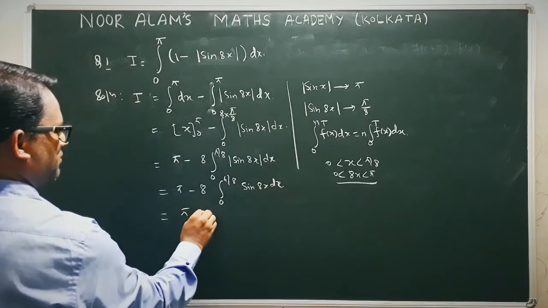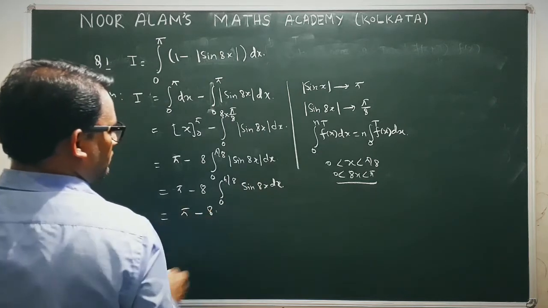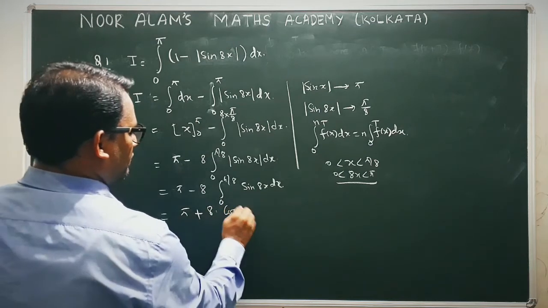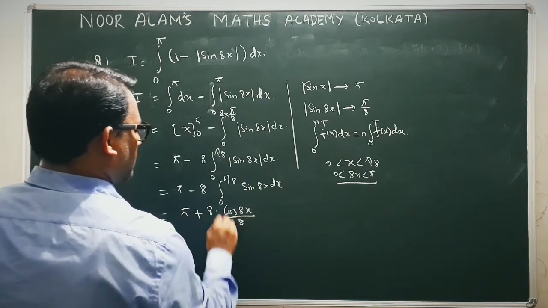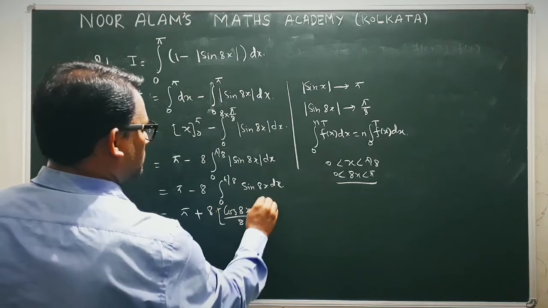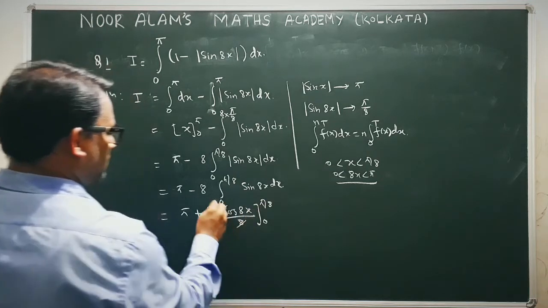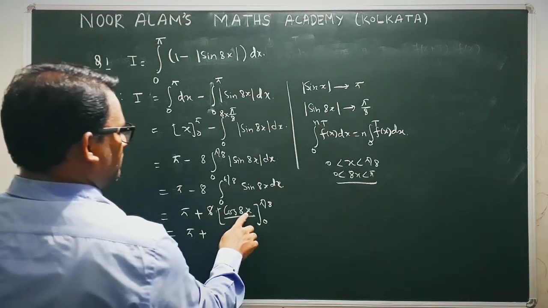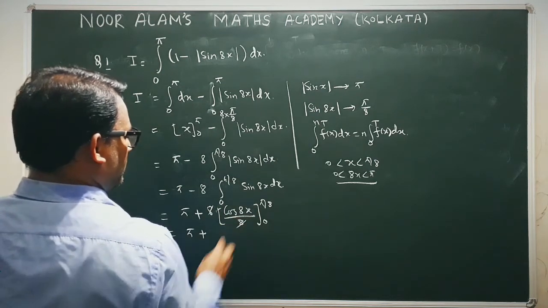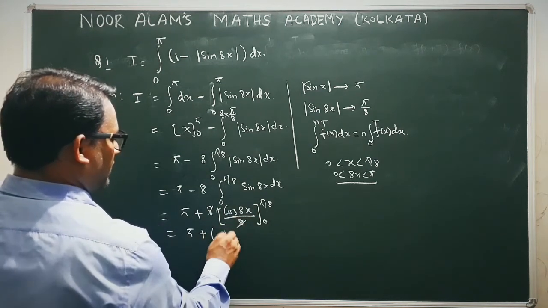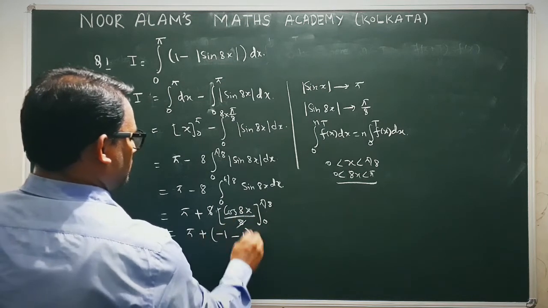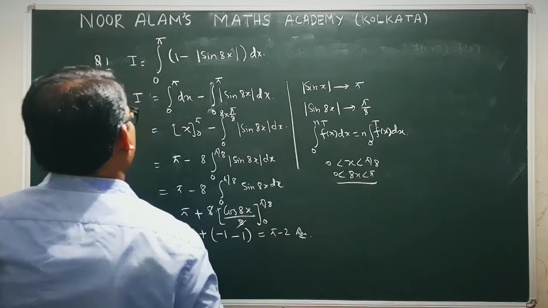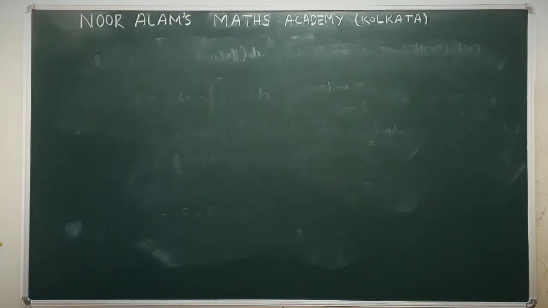Now we integrate sine, so we get minus cos, so this minus minus becomes plus, cos of 8x divided by 8, and the range is 0 to pi by 8. The pi by 8 gets cancelled, so we have pi times. Now when we put x as pi by 8, we get cos pi, whose value is minus 1, then minus cos 0, again 1, so the answer is pi minus 2. Hope all of you understand this.